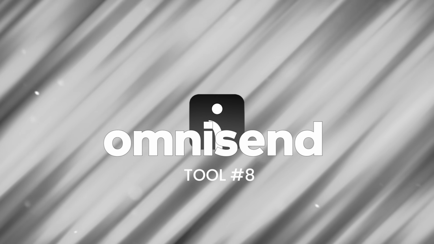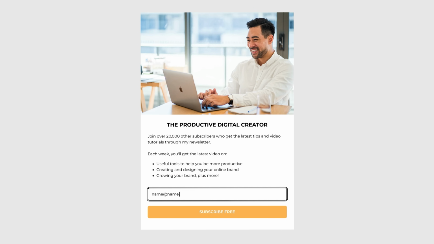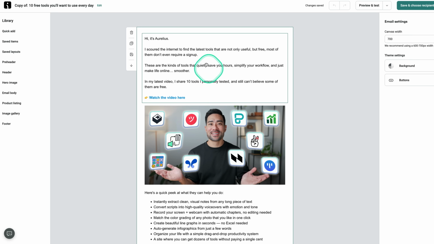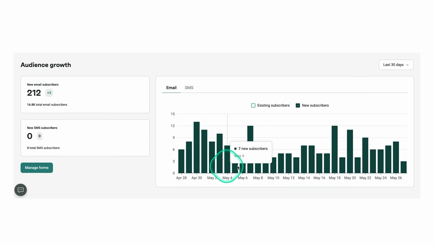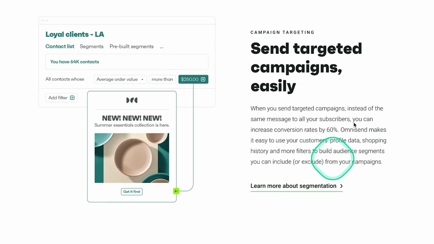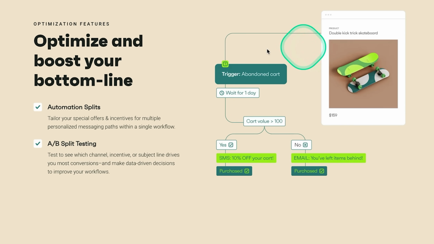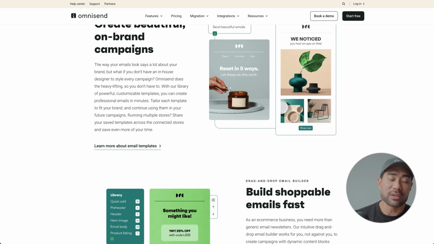Next up, one of my most valuable assets in my online business is my email list, also known as a newsletter. And for that, I use a tool called Omnisend. Omnisend allows you to collect those leads, those subscribers, right? Start your own newsletter and then follow up on those subscribers using broadcast messages, kind of like one-off messages, or you can create workflows and automations too, so that different emails are sent on predetermined days, and that will automatically happen on the back end.